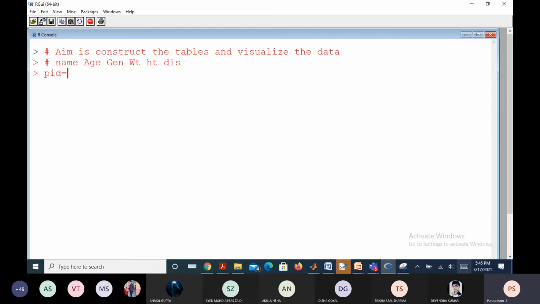Yes, sir. Approximately 1,000, 1,200 people are visiting certain popular hospitals daily, isn't it? So what they do is give one ID to all the patients as soon as they report to the particular hospital.